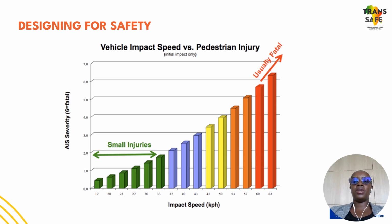Designing for safety means that vehicles need to be encouraged to move at slower speeds. For instance, this is a good illustration of what happens when we have vehicular impact between a vehicle and a pedestrian. If the vehicle was moving at slower speeds, as illustrated on the left side of the graph, pedestrians only incur small injuries. But as the speed of the vehicle increases, as illustrated on the right side of the graph, it gets to a point where it is even fatal for the pedestrian. So when we are encouraging safety, the first thing we need to encourage is vehicles moving at slower speeds, especially in urban areas, because of that